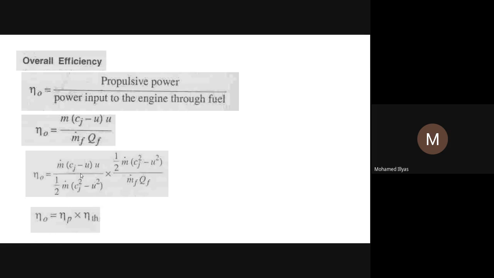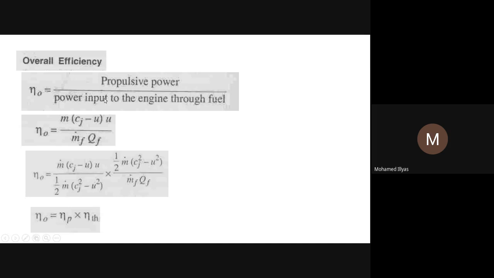I'm giving some heat input through fuel, and finally I need some thrust. The thrust I'll put in the numerator in proper units. Because this is the rate of energy transfer, the thrust has to be multiplied with the velocity, so I'll call it the propulsive power here. So in that way, the overall efficiency is nothing but the propulsive power